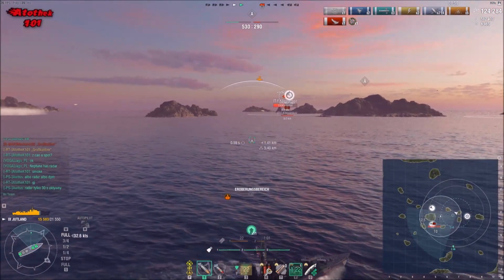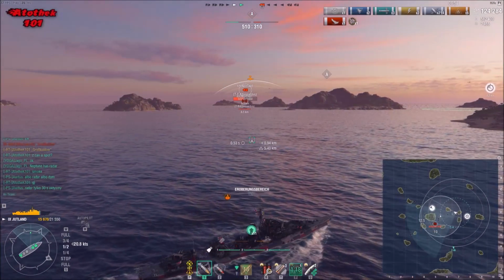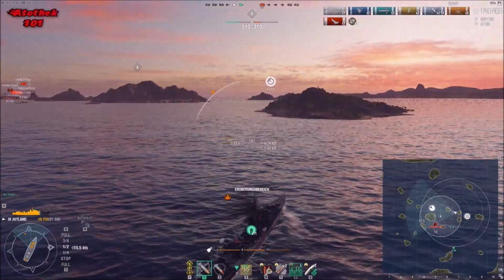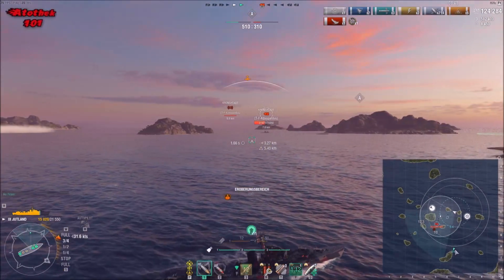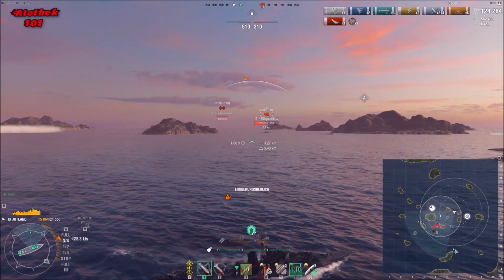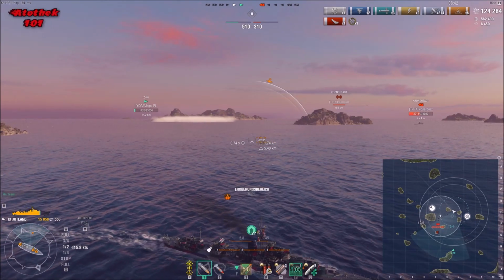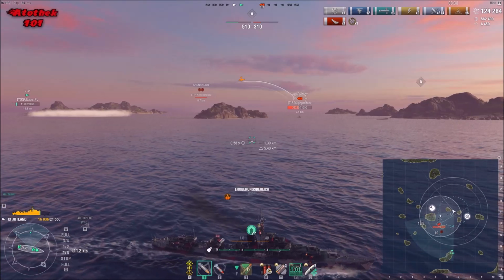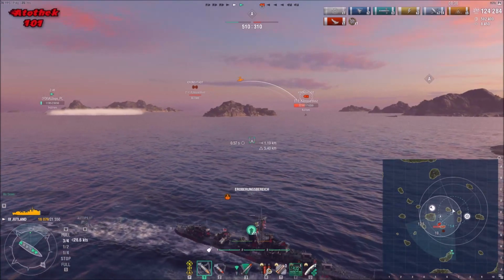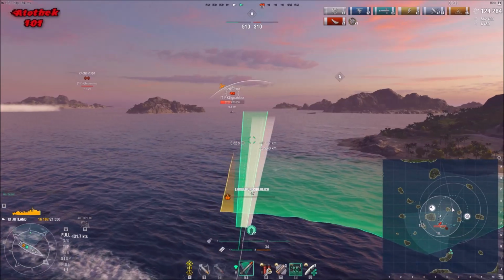kill this Kronstadt. And Kronstadt, as I said, doesn't have the DPM. So what I'm doing here is basically just waiting for what he's going to decide. I mean, the Z46 can still farm him without being spotted, I hope at least, because he's pretty low in HP. And yeah, therefore I wait to see which decision he's going for. He's coming closer, his spotter plane is coming closer. So